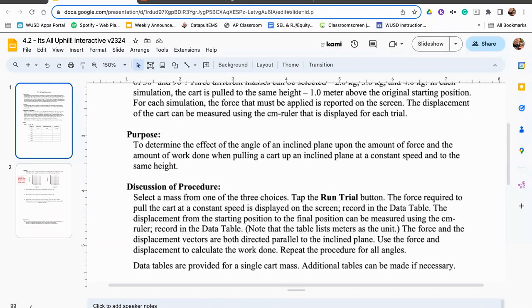If you want to go ahead and format it as a claim, evidence, reasoning, that would probably be the best practice. So that's it. If you guys have any